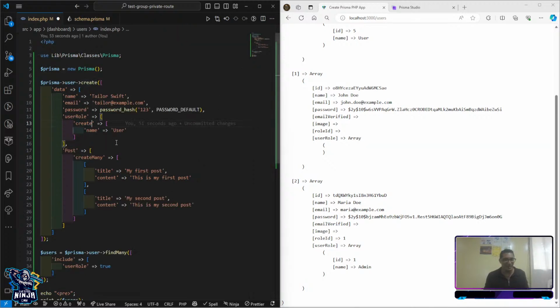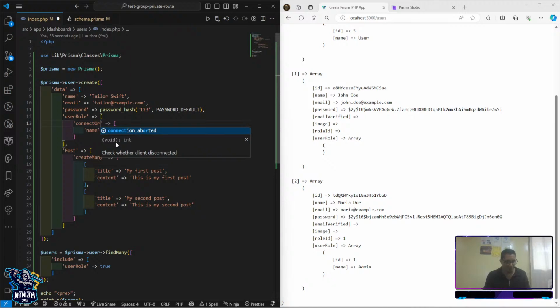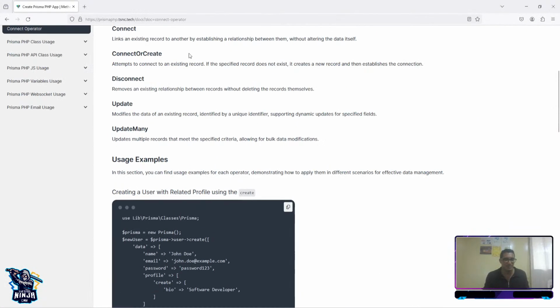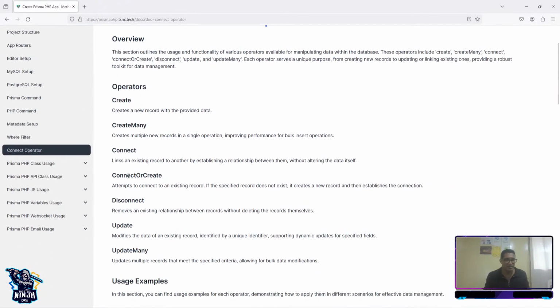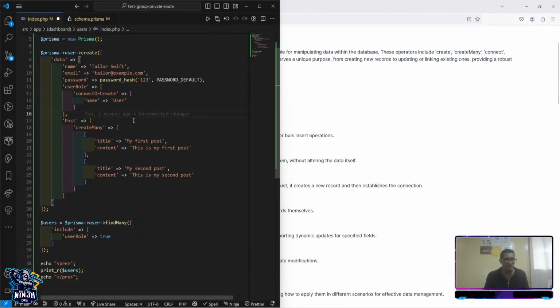So I'm going to say connect or create. For more information, see the documentation, and here is connect or create. There you have it. For connect or create, it's going to accept